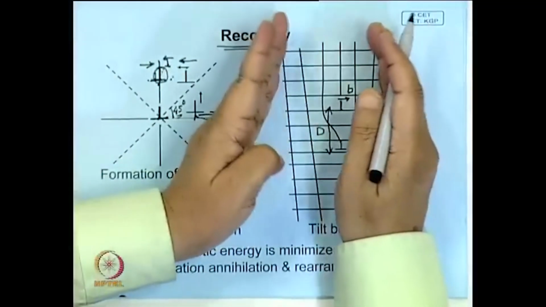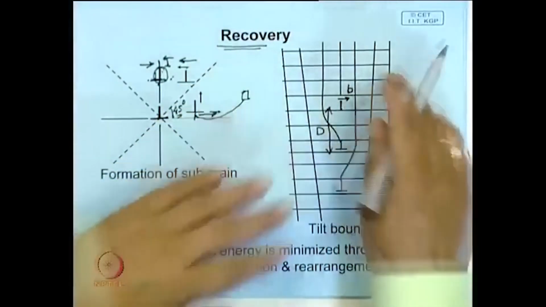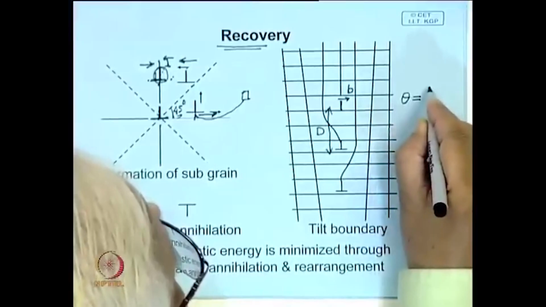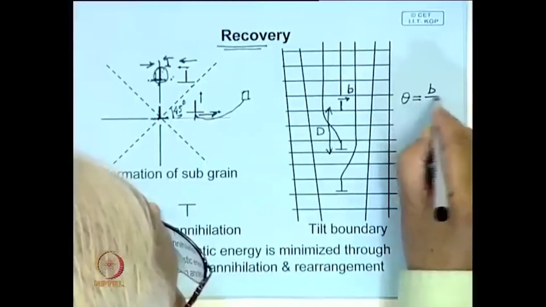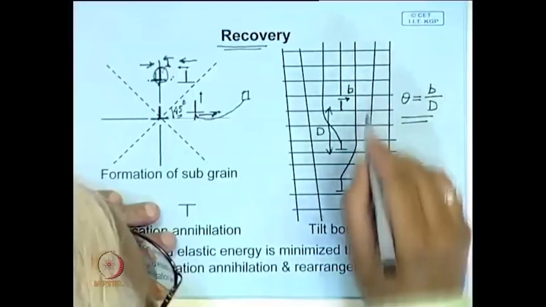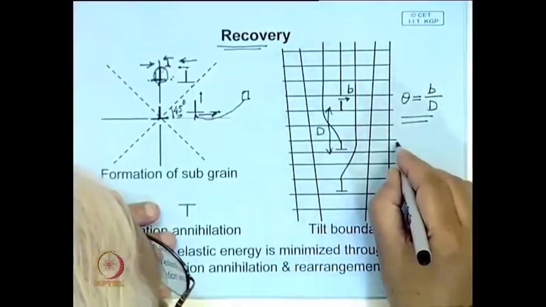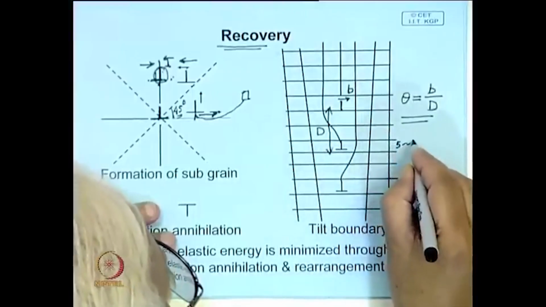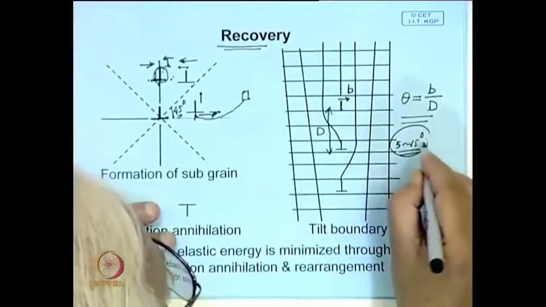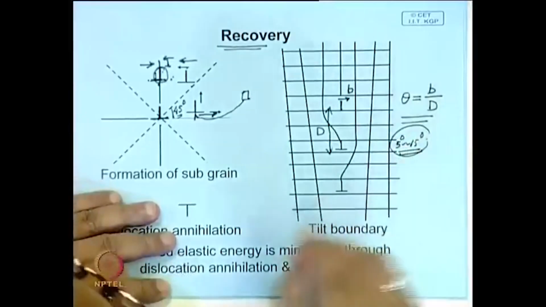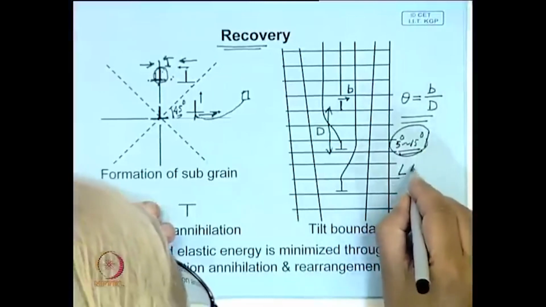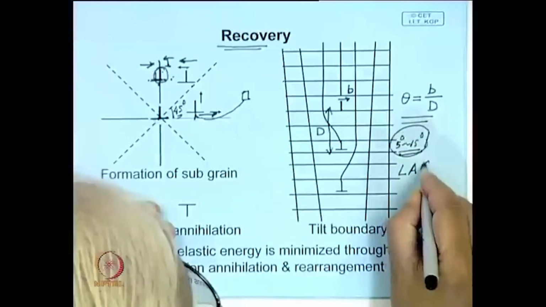This part of the crystal is rotated slightly through an angle theta, and this angle of tilt is given by b over D. And when this angle of tilt is around say 5 to 15 degrees, this misorientation is 5 to 15 degrees, we call this a low angle boundary, low angle grain boundary